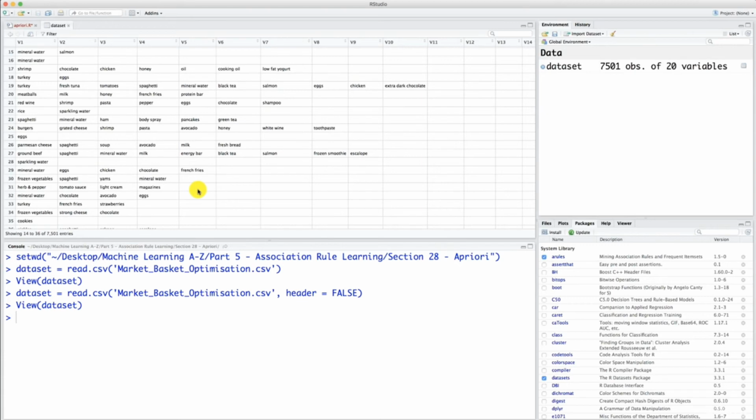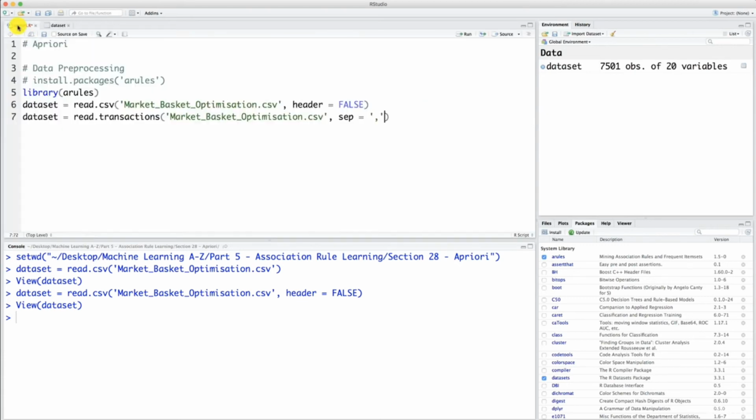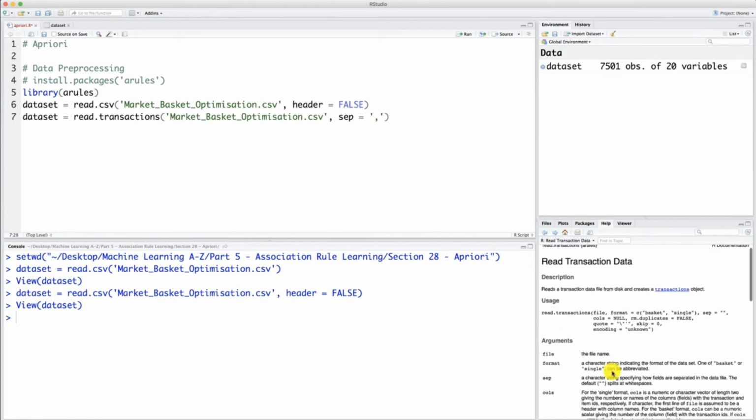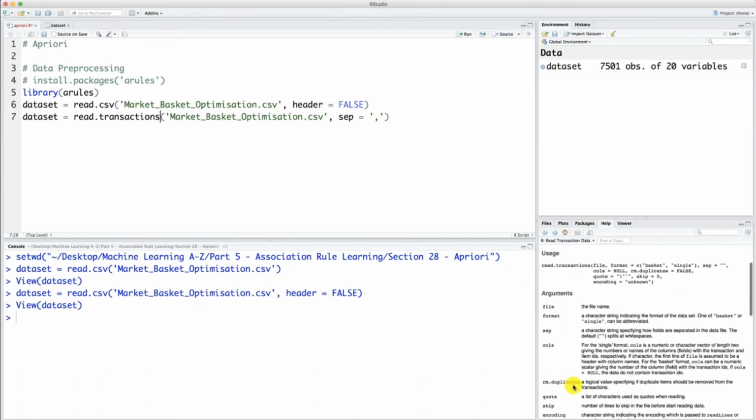And to train the apriori algorithm, we need to have no duplicates. So there is actually a good way to handle these duplicates. It's actually very simple because we just need to add an additional argument. If we look at the read.transactions function here by pressing F1, you can see the rm.duplicates argument. And as you can see, it's a logical value specifying if duplicate items should be removed from the transactions. So since the apriori algorithm is trained on a transaction data set that is supposed to have no duplicate values, we need to add this argument